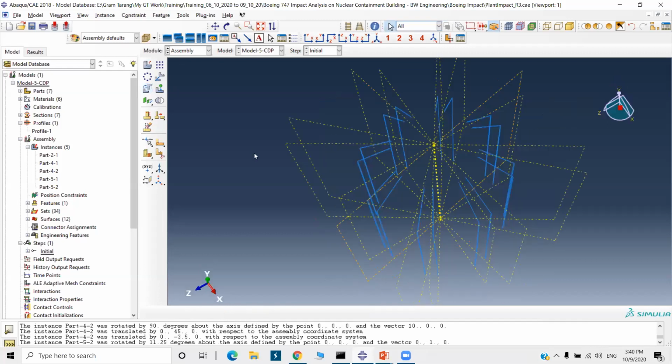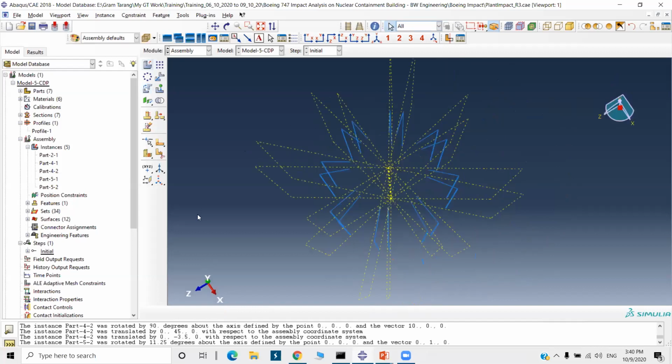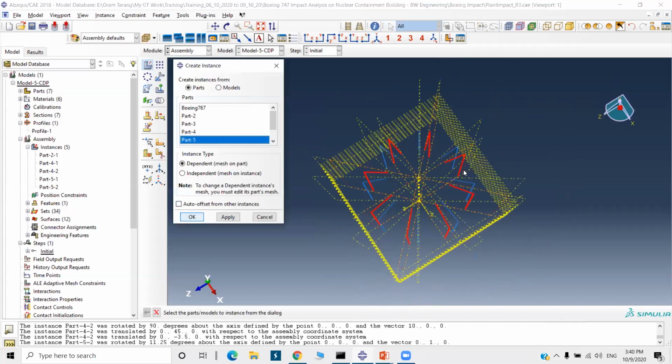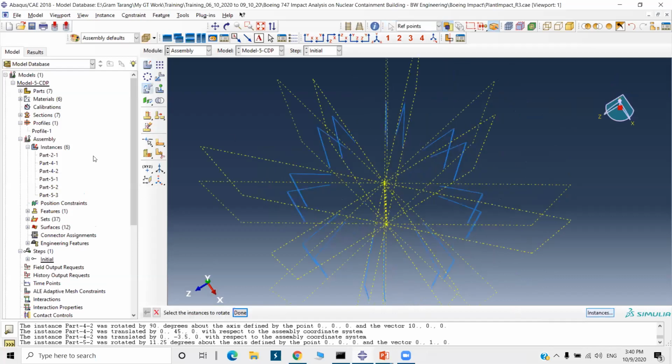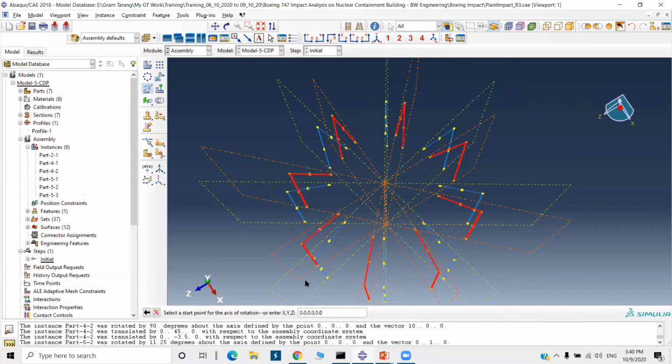Okay, so again part 5. Rotate it. Go to instances. Third one. Select it. So rotation 0, 0, 0, and here enter 0, 1, 0. Now the angle is 22.5 of the position.